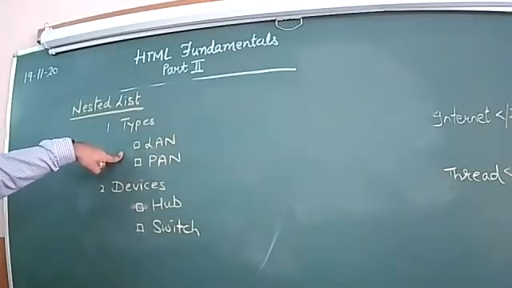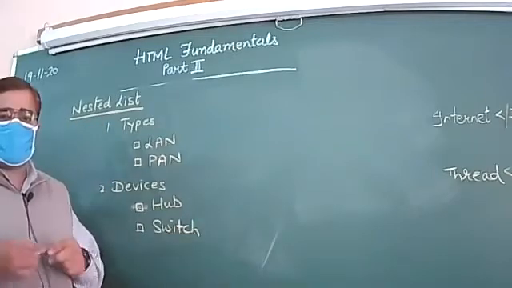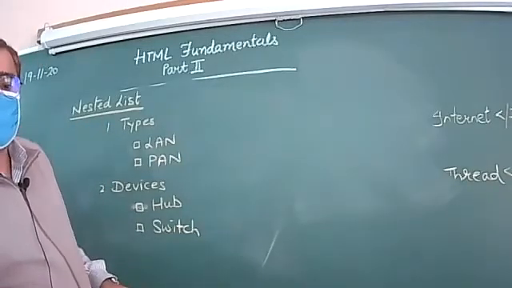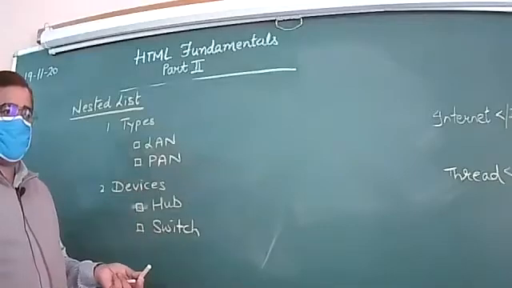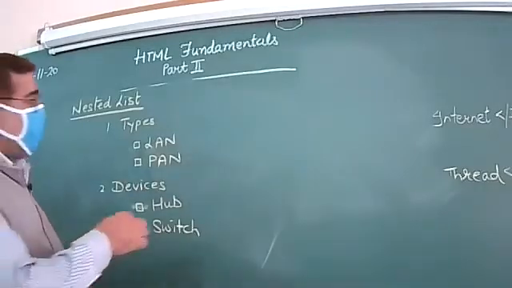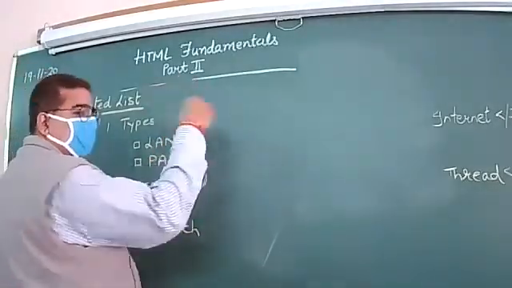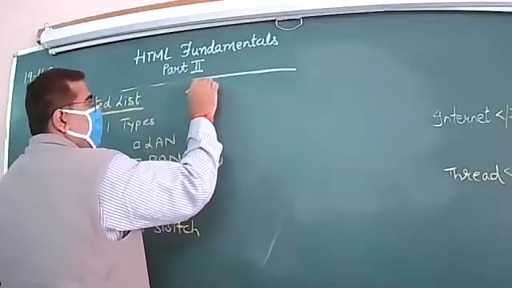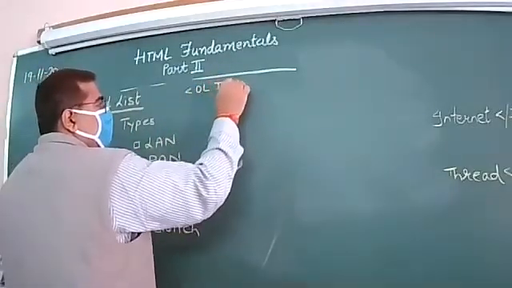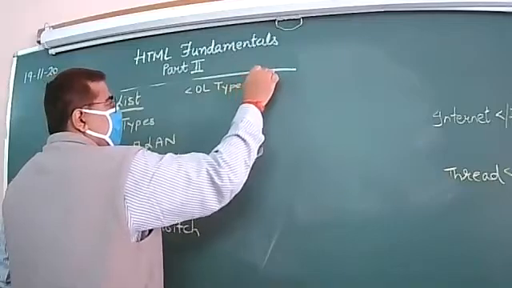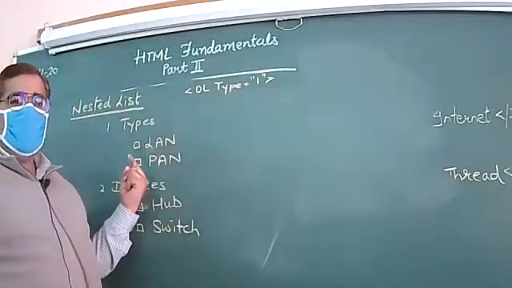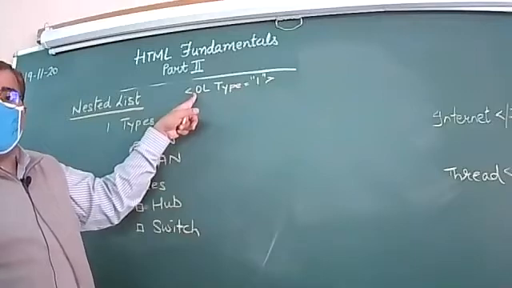Clear? So that means as per this structure, I have unordered list inside the order list. So what coding will I write? I straight away start with the main coding. OL type equal to 1. Now, since it is 1, 2, 3, you can also write OL alone.